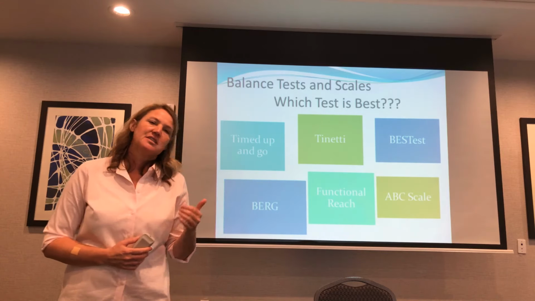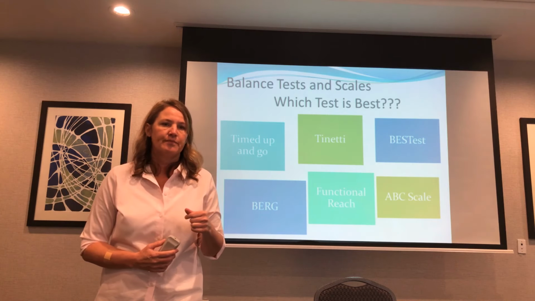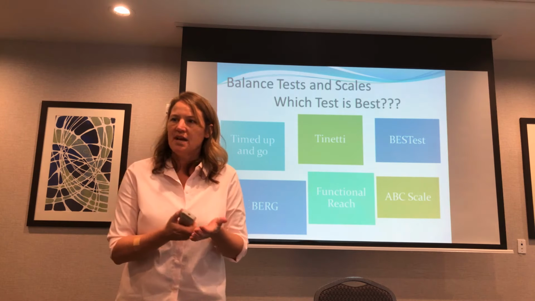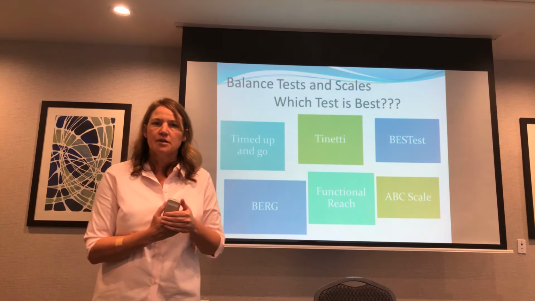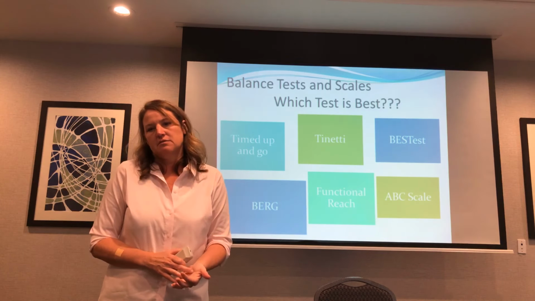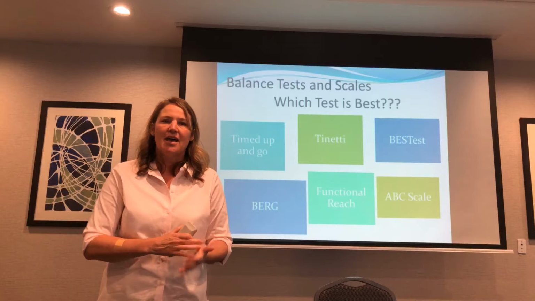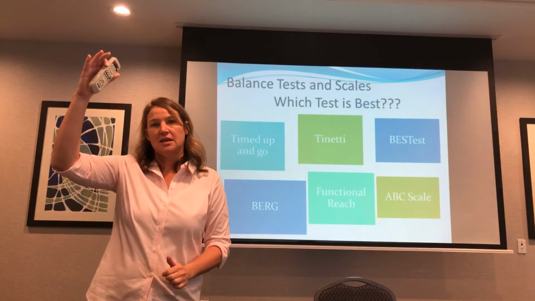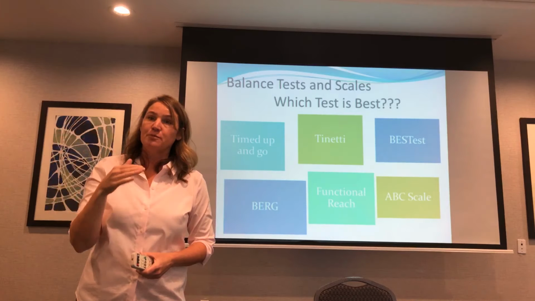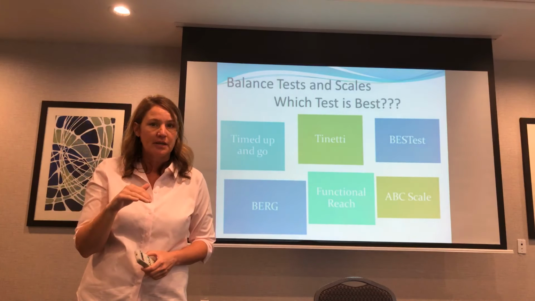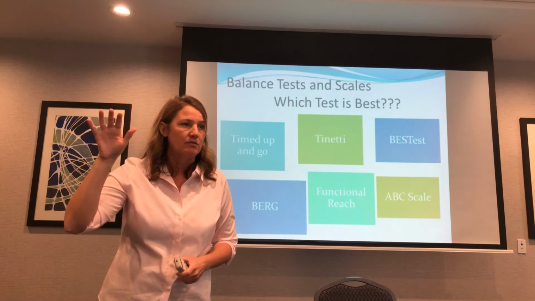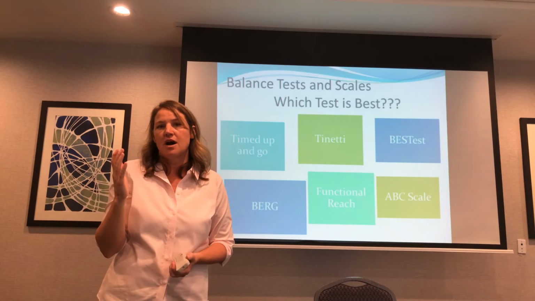So when you start thinking about these standardized tests, there's a couple of things to think about. It needs to give you information. The ceiling and the floor need to work. The floor is basically how you get a 0, and the ceiling is how good you have to be to get the highest score. If the ceiling isn't high enough, a community ambulator is probably going to get a perfect score on day 1 of the eval, simply because it's just not a high-level test.